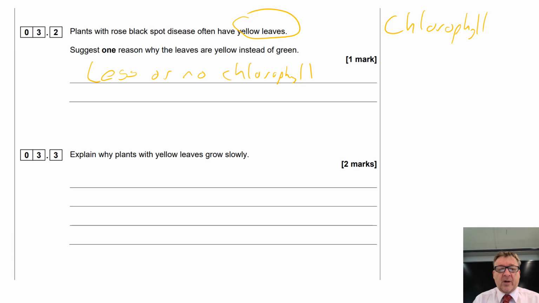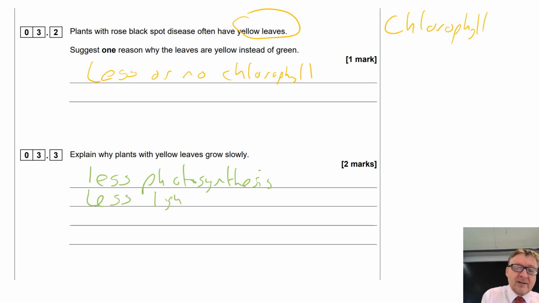Next one, explain why plants with yellow leaves grow slowly. If they've got yellow leaves, they're going to grow slowly. They've got less chlorophyll, so therefore there is less photosynthesis. What you've got to do is use the right words. You could say less food is made. Also, less light is absorbed, because photosynthesis needs light. So therefore,